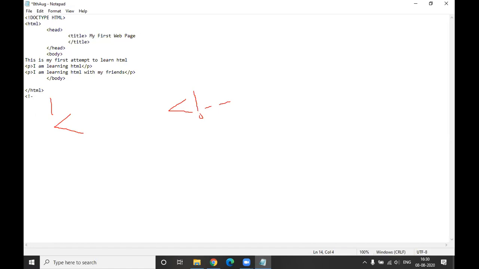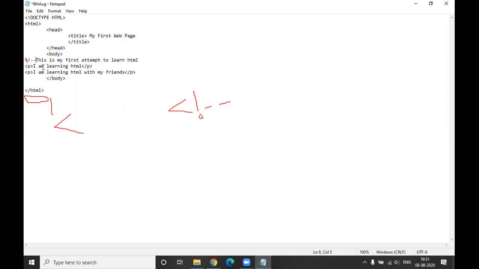One more dash. You have to put 2 dashes. Then just cut this part and put it before "this is my first". Paste.